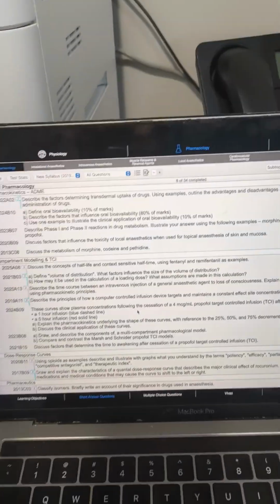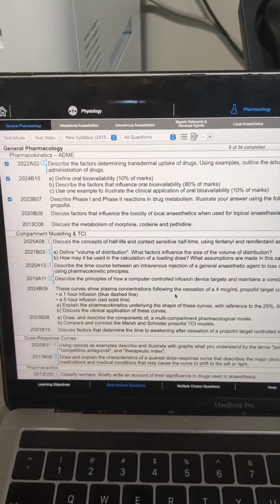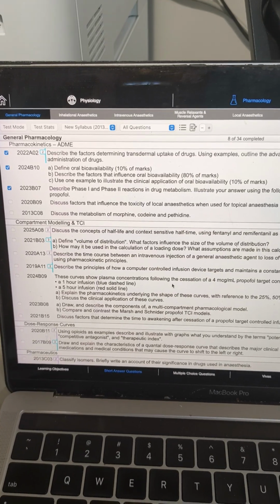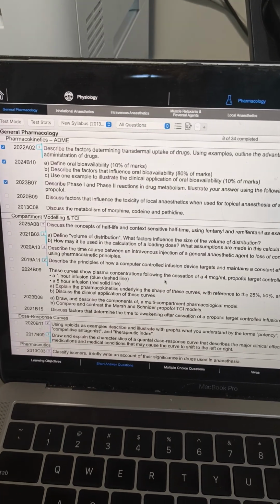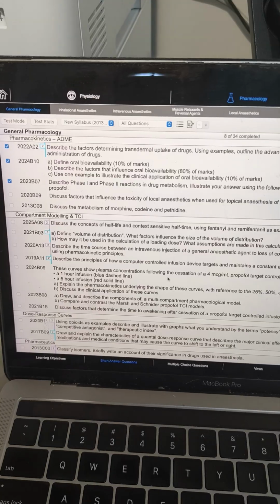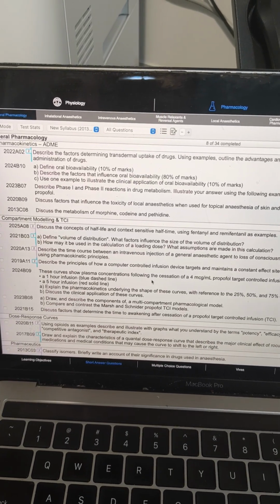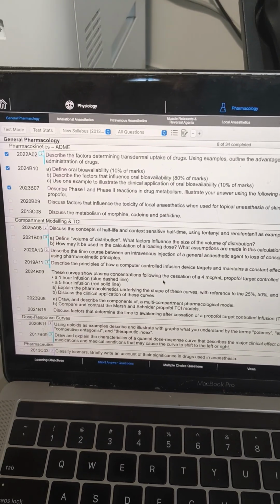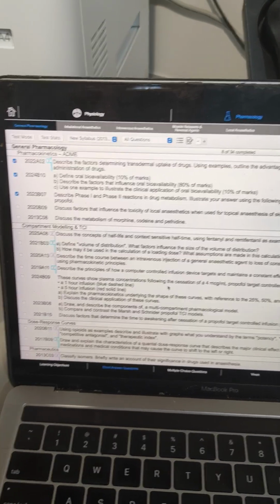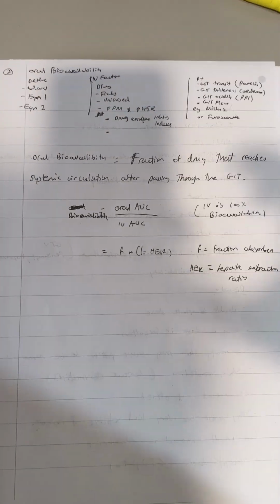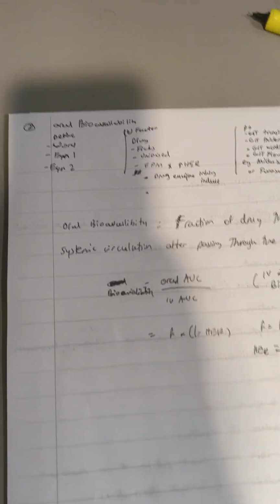Our next question is: define oral bioavailability, describe the factors that influence oral bioavailability, and use one example to illustrate the clinical application of oral bioavailability. All right, so how we're going to structure this question, we're going to give a definition, and even though